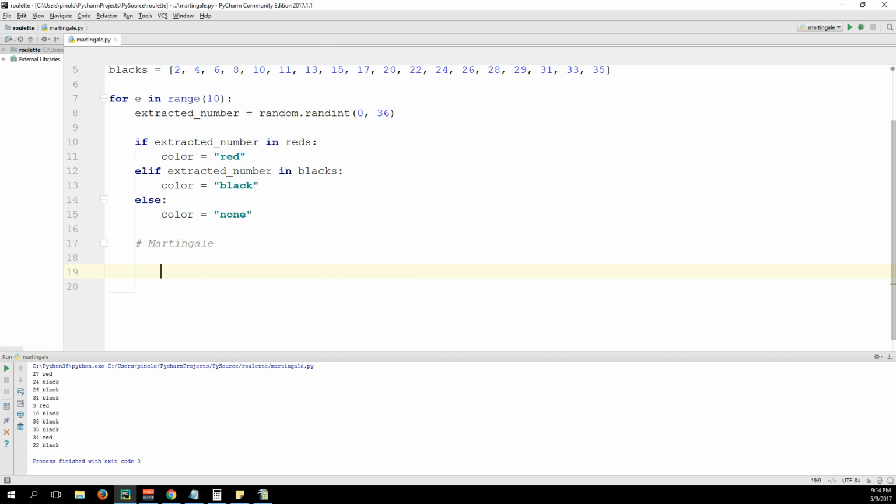So if color is red, then our bankroll is plus equals bet size,